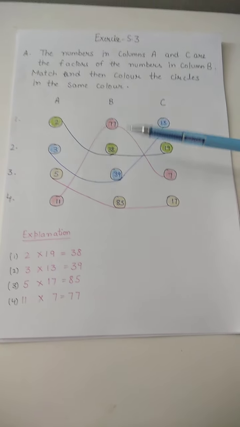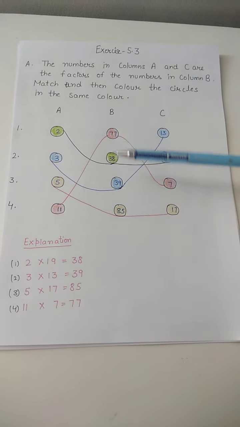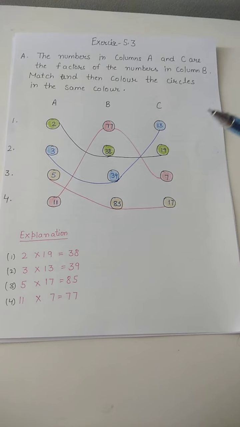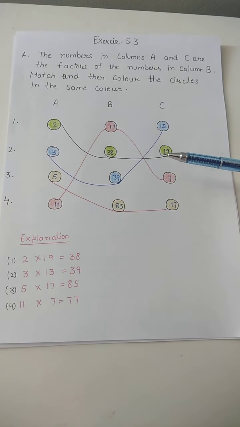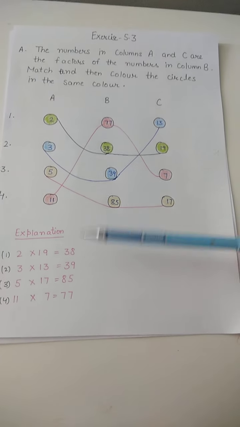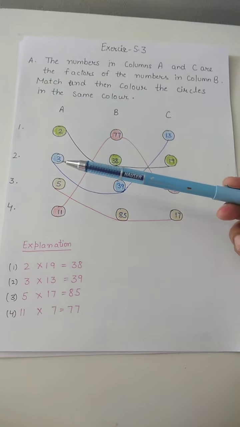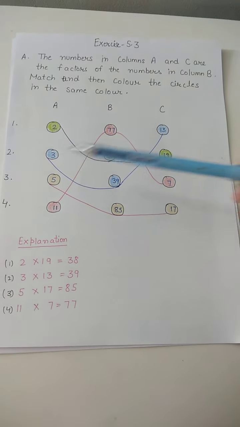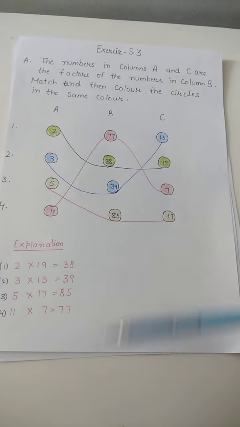Now you can see 2 here. What we multiply into it, that number we will get. So again and again I am telling you, you should learn the tables. You can see 2 multiplied by 19, what will come? 38. I have done here also 2 multiplied by 19, 38. That's why I have done it here in green color. Now 3: what do we multiply with 3 to get 39? 13. 3 multiplied by 13 is 39.